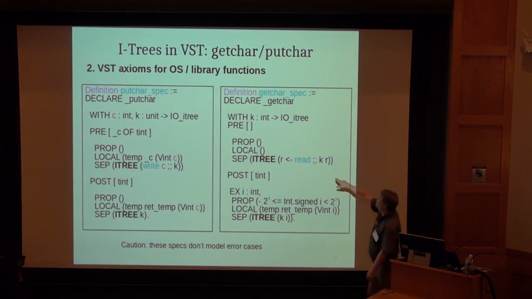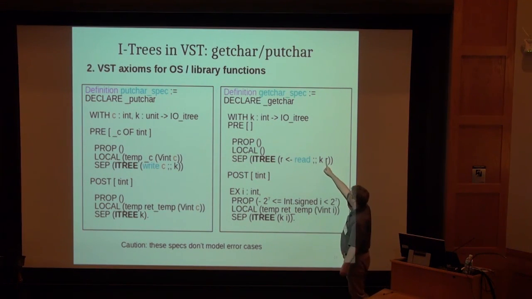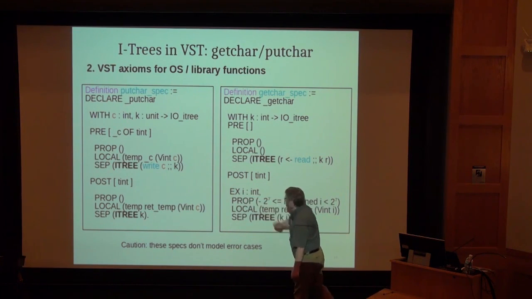For getting something, we will use, of course, the read primitive, and our continuation may depend on that R. So indeed, here in the postcondition, we will have an existentially